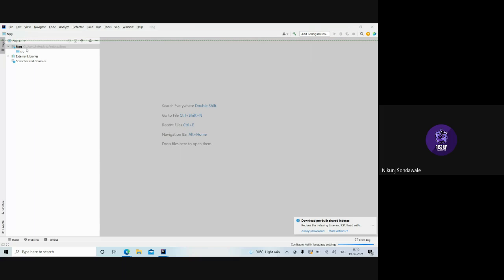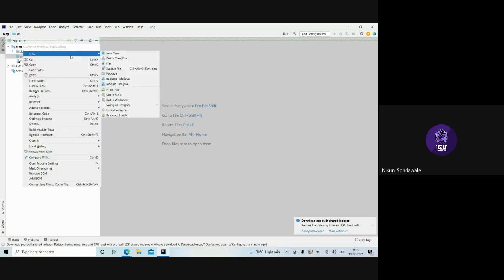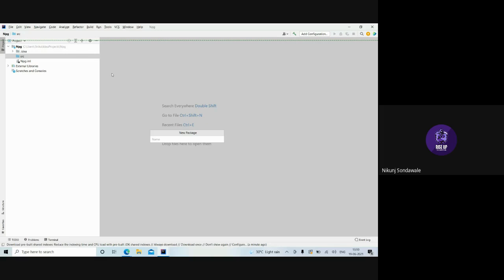Source folder. What you have to do is click on that folder, right click, and go on the New option. Then you will see one package option over there. Click on that and now you have to name your package.